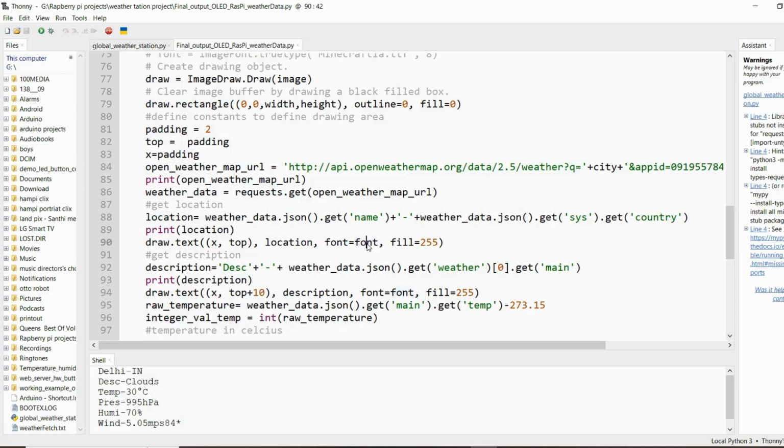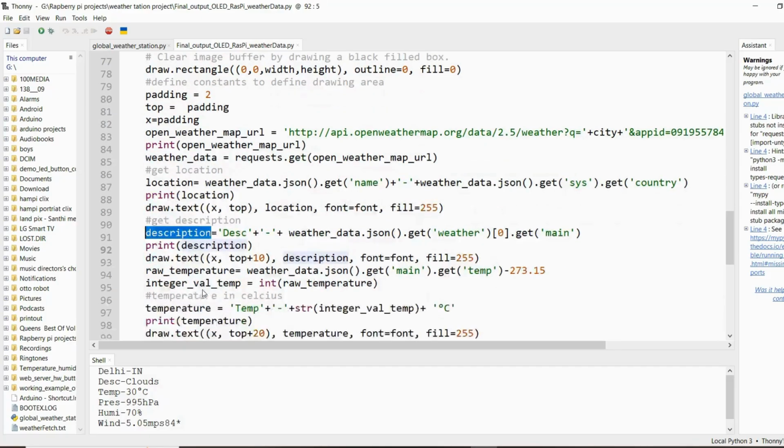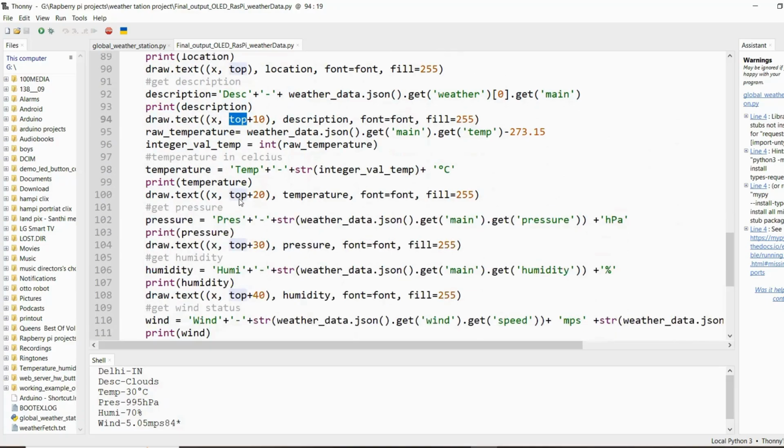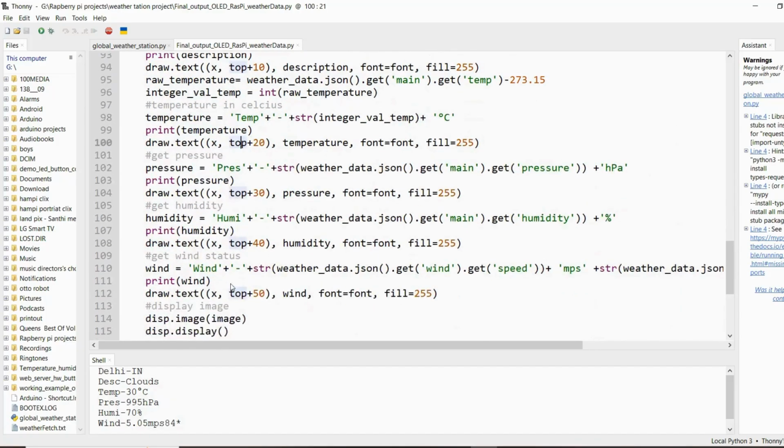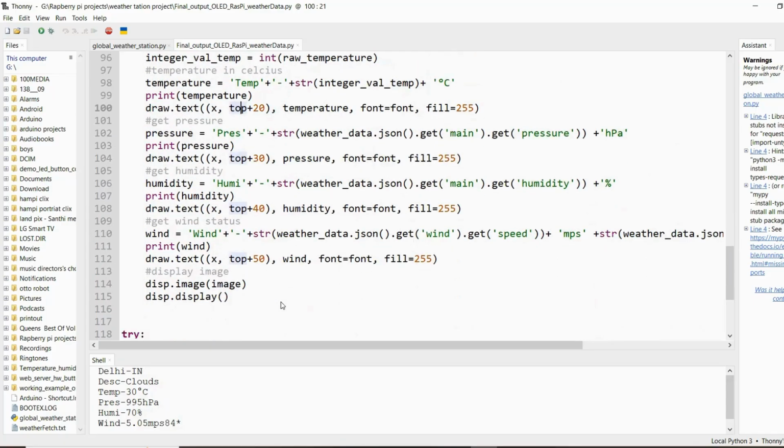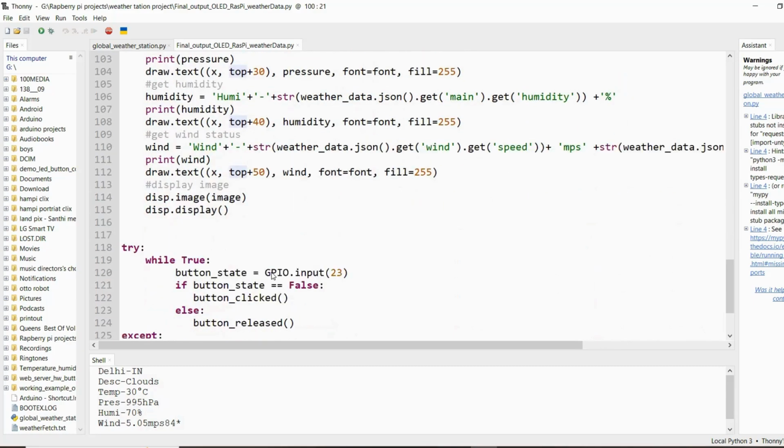And then the font and fill with full brightness, which is 255. And then the description is at the point where x is the same, it's a constant, we are not changing it, but y is changing. It means that it goes to the next line by making it top plus 10. Similarly, top plus 20 for temperature, top plus 30 for pressure, 40 for humidity, and plus 50 for wind. So you can add your own details using this. So this is how